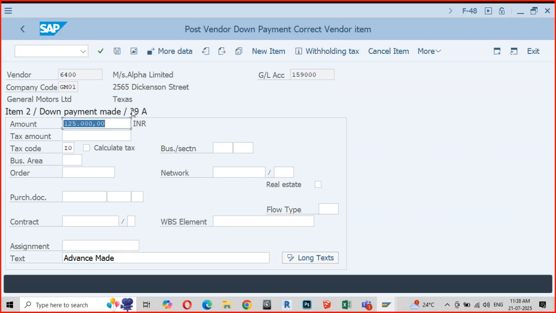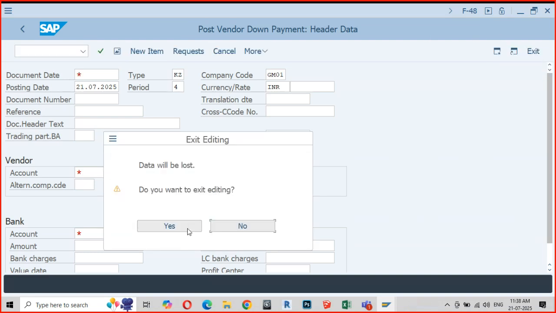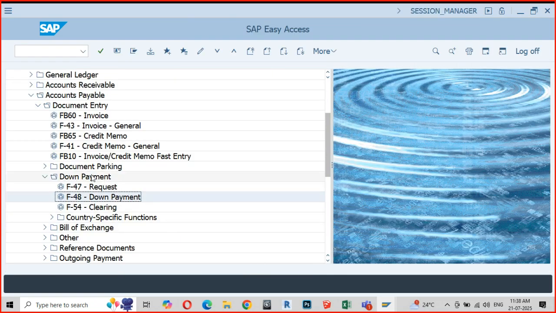Can you see that there is something here, 29A? I'll post this document. Document was successfully posted. You can see 15,000,033. Okay. Now I want to see this document. FB03.